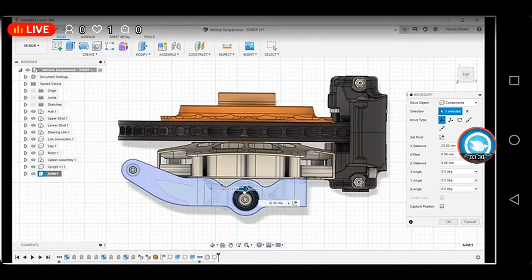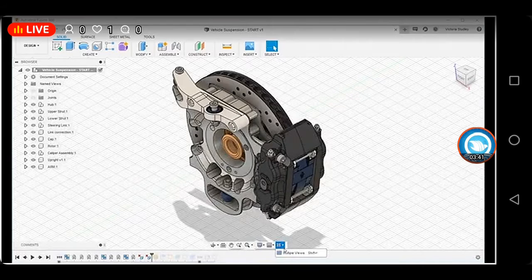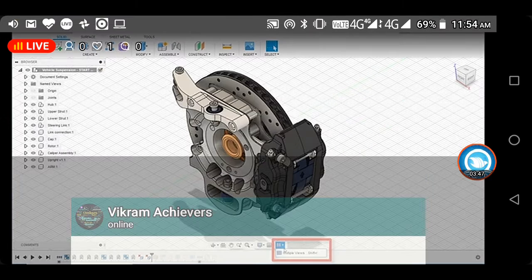Click the multiple views icon to switch to multiple views mode. The screen will split into 4 standard viewports: front, right, top, and isometric. You can control the orientation